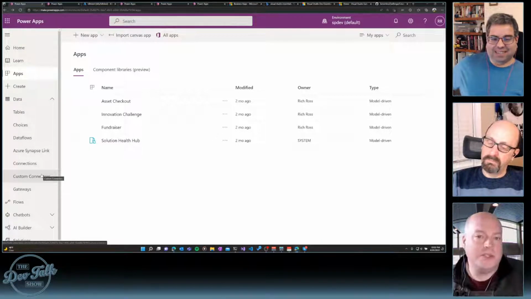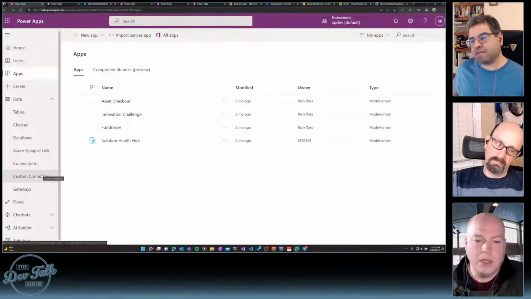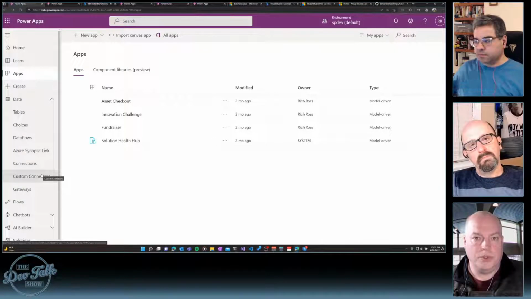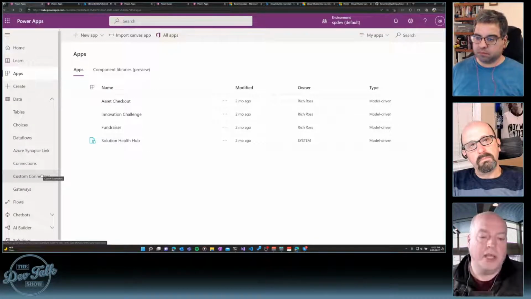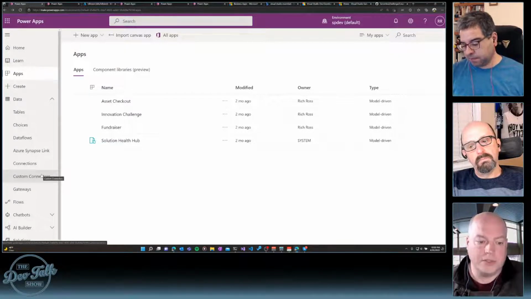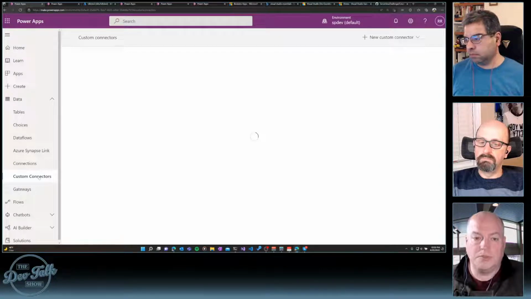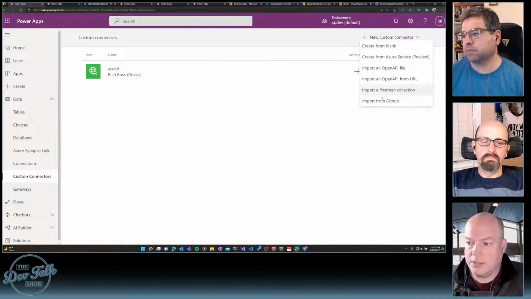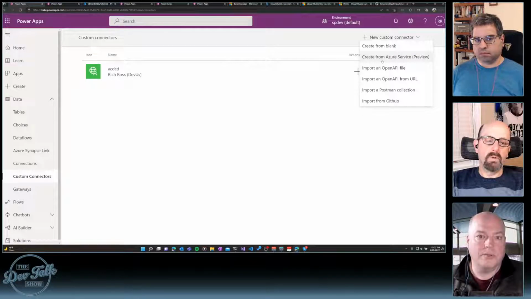except your line of business applications, because those are the things that the people who build connectors don't know about. Well, what if we could give you the ability to connect to your data, your line of business data, and those APIs that sit over top of it, and then just create a custom connector to bridge that gap. And that's what this component inside of here provides. And what's really cool is it gives you the ability to import as well. So if you're using a service in Azure,